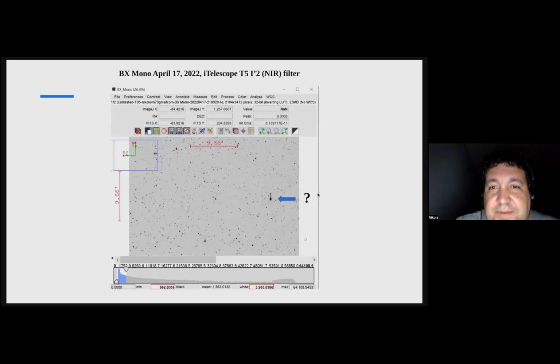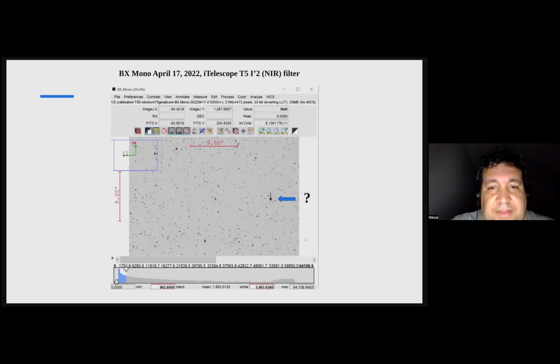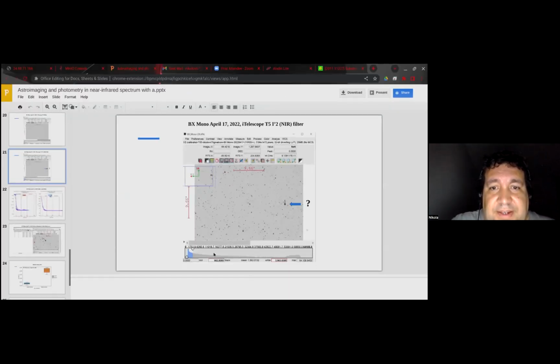All right, so who are these guys? So why are they so bright in infrared, right? And they're almost invisible in blue filter, right? So probably I can again switch the screens to show you what is in the